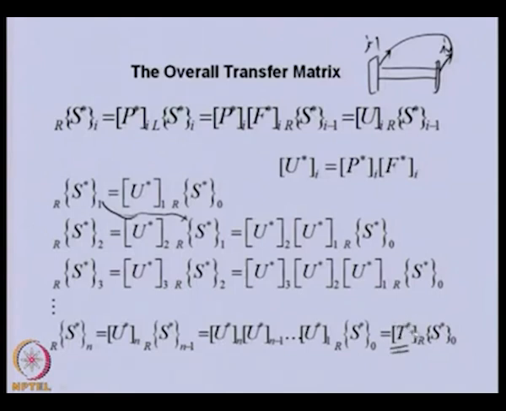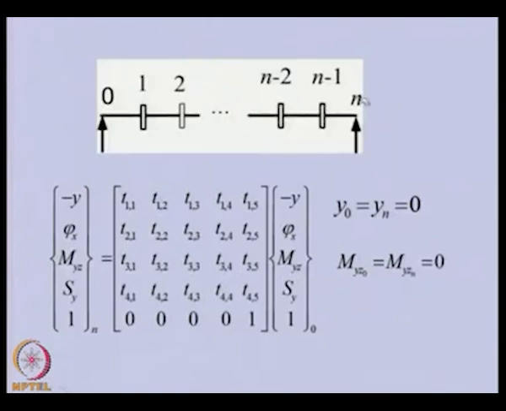Now, once we have the overall transfer matrix, we can apply the boundary condition, because we have the nth station at the extreme right side of the rotor system and the 0 station at the extreme left side of the rotor system. So, this is the nth station, this is the 0 station. The overall transfer matrix T relates the state vector here to the state vector here. Now, that last equation is expanded here. So, this is the state vector at the nth station, this is the state vector at the 0 station,